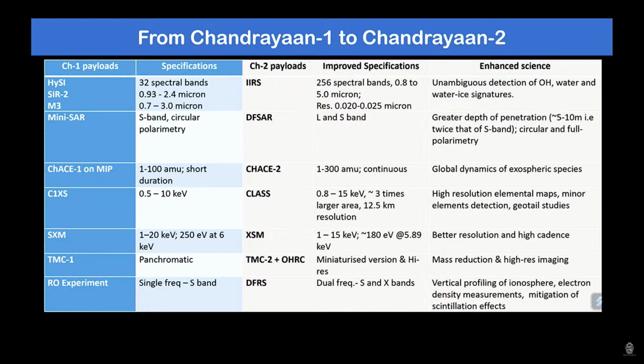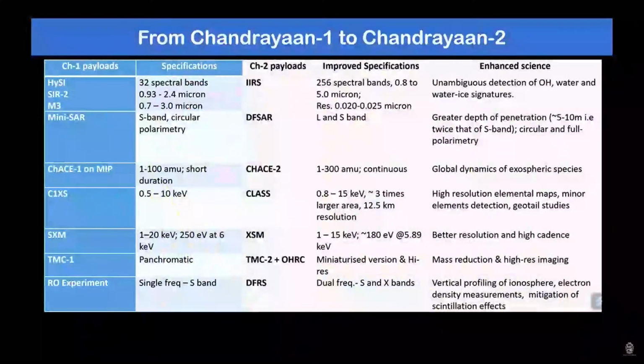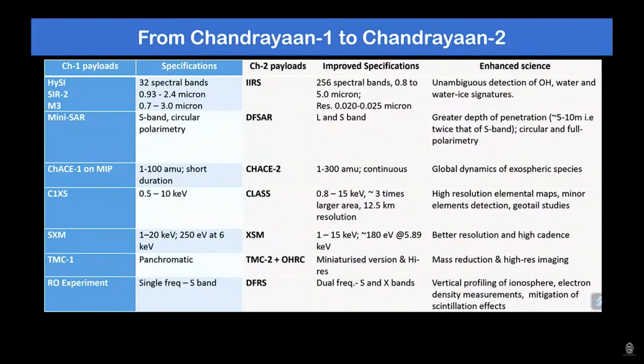I think many of those Western people were very happy and very surprised to see the quality of the instruments. I think we need to work on this still for the future. But just look at some of these numbers. If you look at the capability that we had during Chandrayaan 2 to Chandrayaan 3, there have been significant improvements in terms of the spectral capability, the new bands that have been introduced, and also the extended boundaries of observations